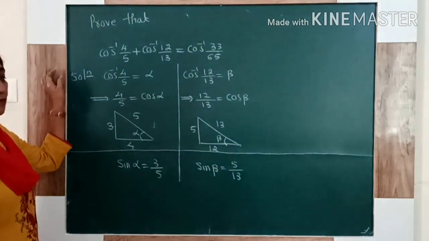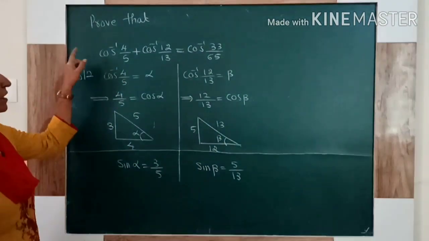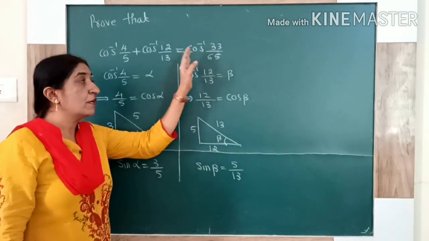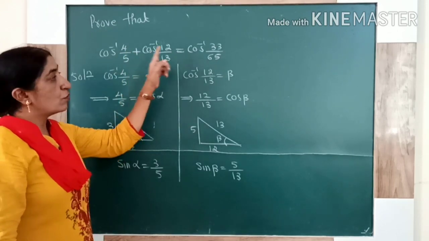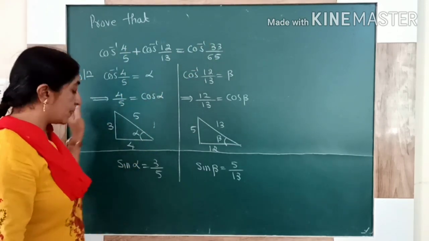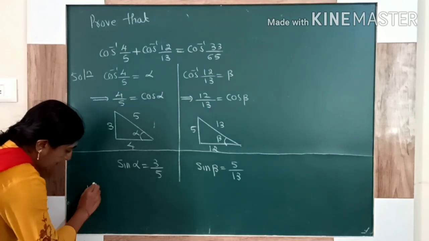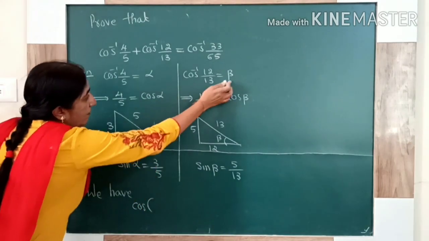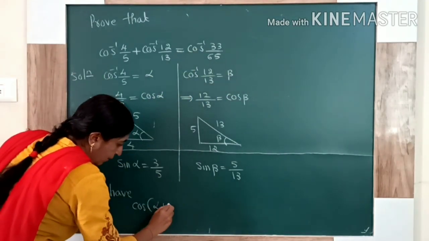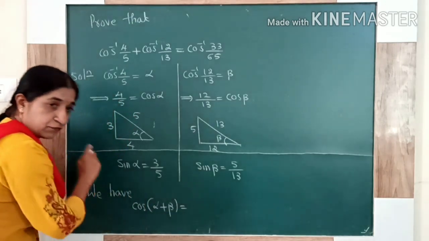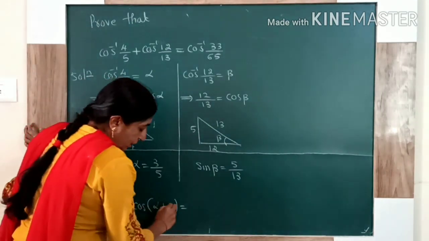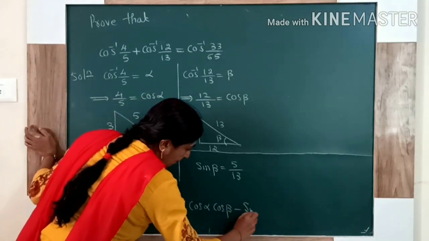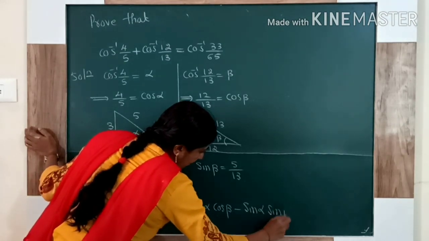Students, now I am giving you one important hint. Listen to this carefully. Here the LHS is in the form of cos, the RHS is also in the form of cos, but in the middle we have a plus. So the answer is required in the form of cos, and the middle plus means you have to write this formula. We have cos, and which alphabets did we take? Write that. Cos alpha plus beta. Have you remembered this formula you studied in first PUC? Cos alpha plus beta will be cos alpha cos beta minus sin alpha sin beta.